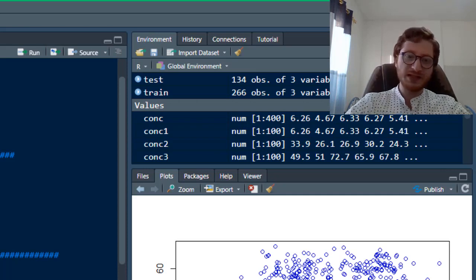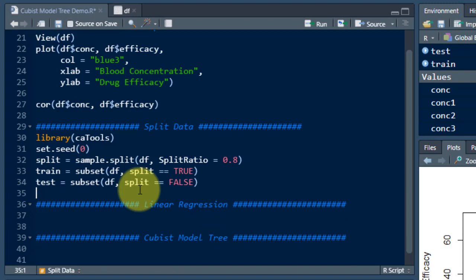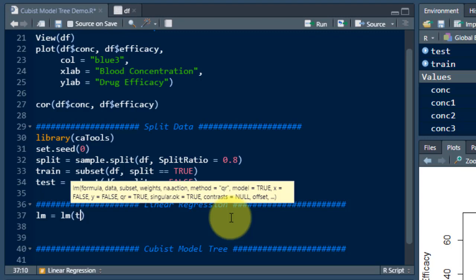Now, let's move on to creating a linear regression model first, because we said now we will compare how a linear regression model works and how a model tree compares to it in terms of accuracy. So let's say linear model equals LM. We want to predict efficacy, so we say train